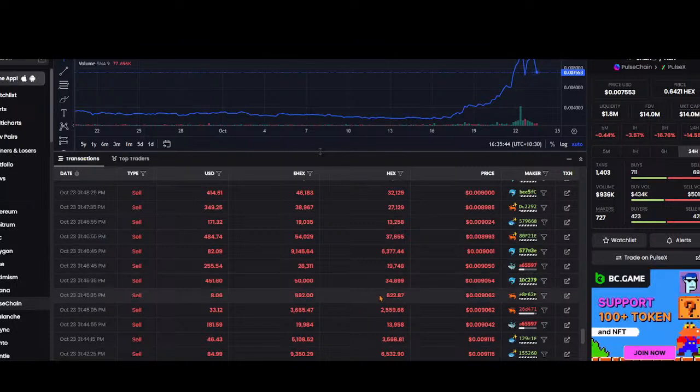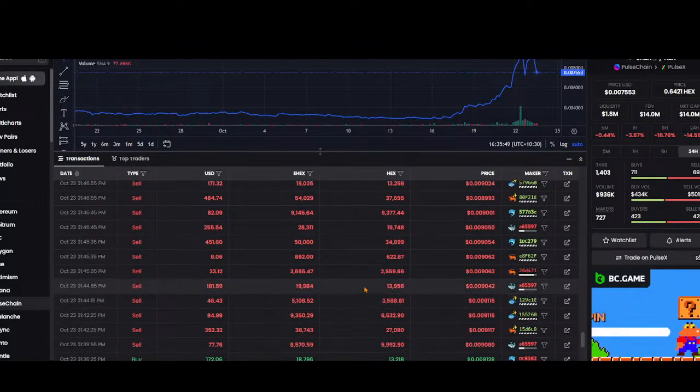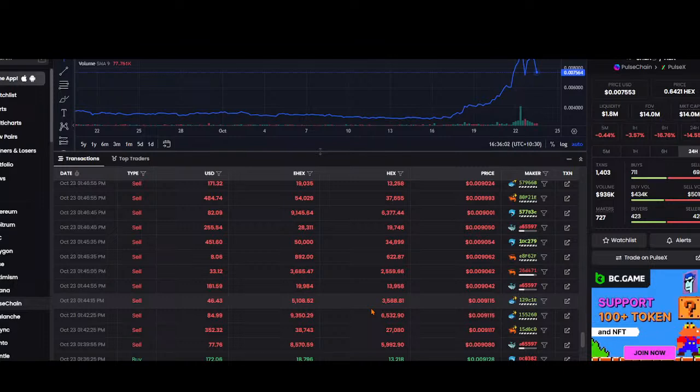But if you have a look here, basically what I'm thinking is taking place is people are moving their Ethereum HEX. Say a stake ends, and you're sick of Ethereum fees, and PulseChain exists, and you want to migrate, you want to stop using Ethereum, and you're sick of the DEXs on Ethereum. You can slowly, slice by slice, remove your tokens off of Ethereum, stop messing around with JP Morgan spies and Infura's spies,